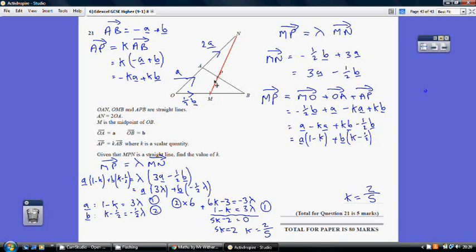Now, going from M to P, I'm going to go M to O, O to A, and A to P, bearing in mind that AP is our k fraction of AB, and A to B is minus a plus b. So following that through, AP is k times AB, which we were given down here. A to B is minus a plus b, so AP is k multiplied by minus a plus b,